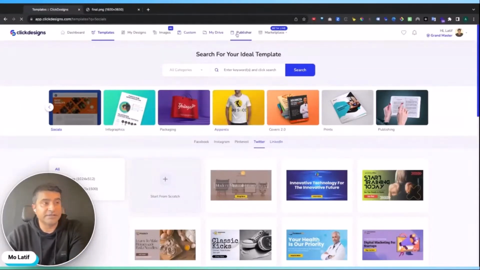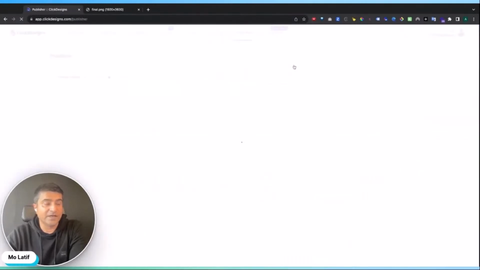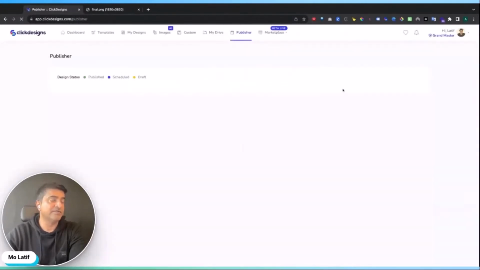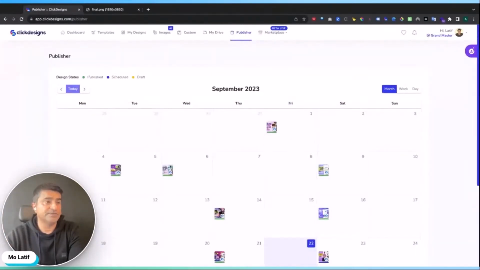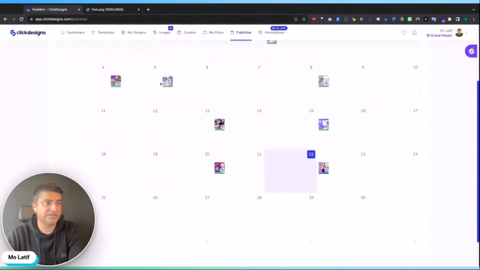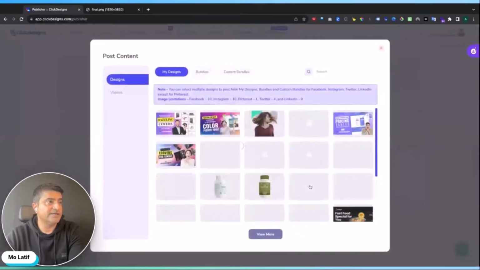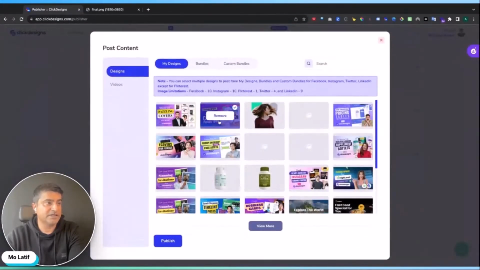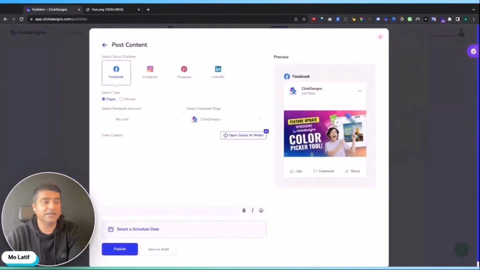Then we built in a publisher, and with the publisher, what you can effectively do is schedule your content to your social media accounts. So you can add your social media accounts. As you can see, we actually use our own systems. So there's one being scheduled for tomorrow, and I think everybody got an email yesterday for this color picker. So all you do is come inside here, select, so let's say that's the color picker we actually did. Click on publish, and then